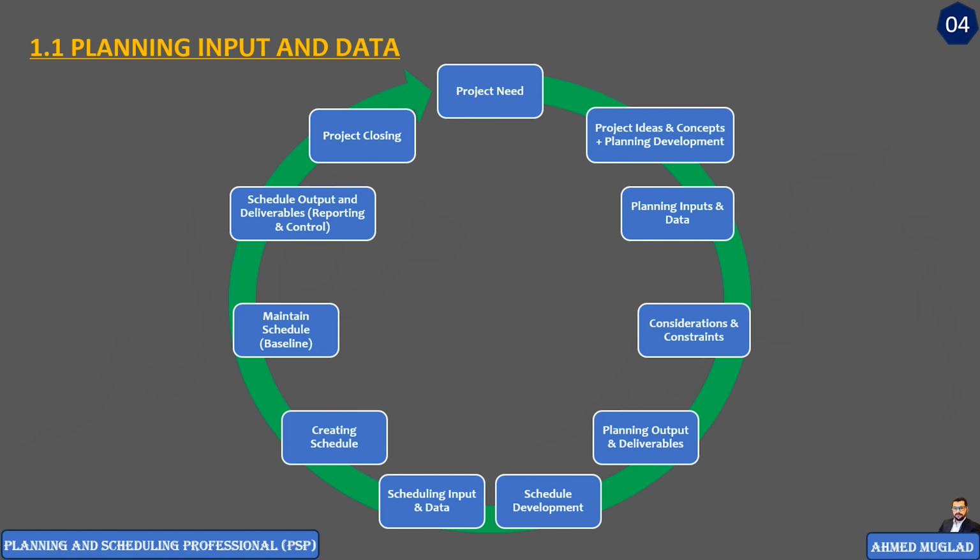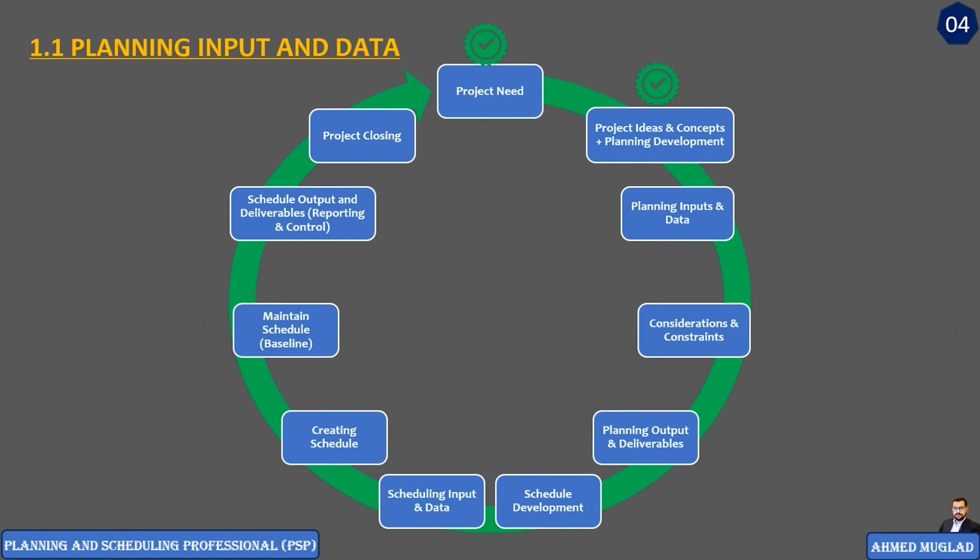Here we have the general sequence of project planning, and this is applicable to all projects. The first step perhaps would be a need for a project. A need for the project, considering the business case, most often leads to initiating a project to cover that particular need or service. So before the project even becomes a project, there should be a project need. Then we go through all the options available, from project ideas and concepts, to get the project needs done. And from this point, the efforts of planning development start.